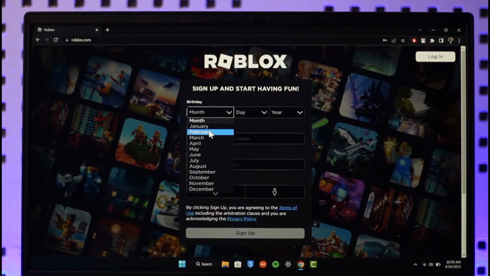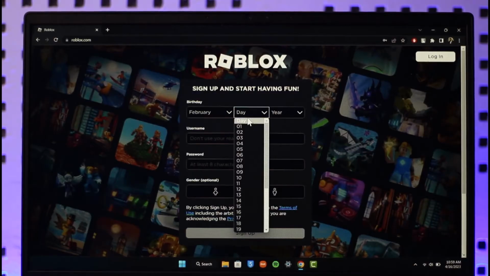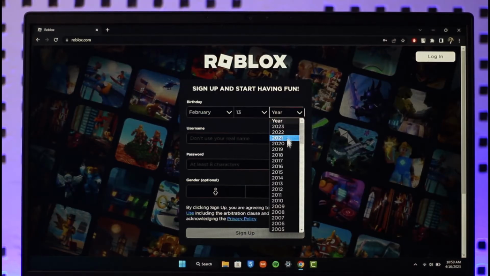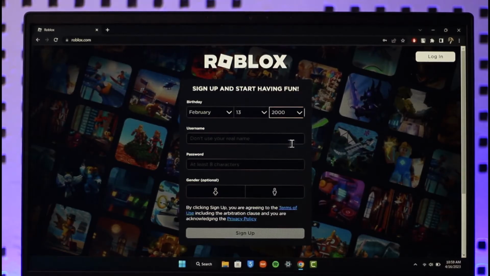So over here you want to make sure that your date of birth is correct. So I just recommend you that at least enter an age that is over, let's say 16 or 18 years of age, because when you enter a birthday that will make you over 13 years of age only, then you're going to have limitations that you might regret later on. So I just recommend, even if it is not true, just try to increase by 2 or 3 years,